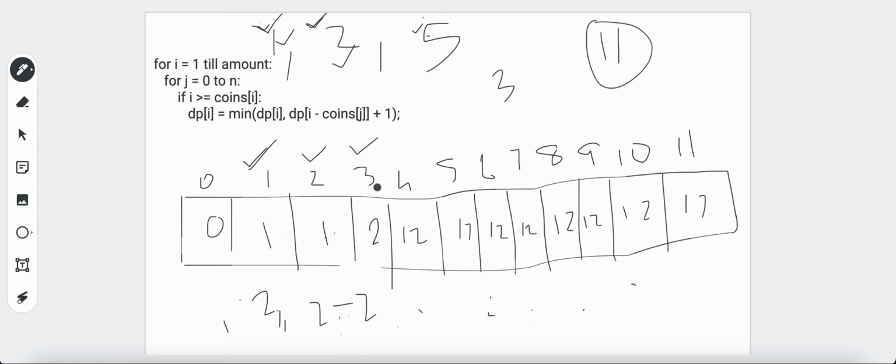So dp of 3 minus 2 is 1 plus 1. It also gives value 2. So our dp of 3 remains as 2. Now we move to 4, and here also, if we follow the same approach, we will be getting